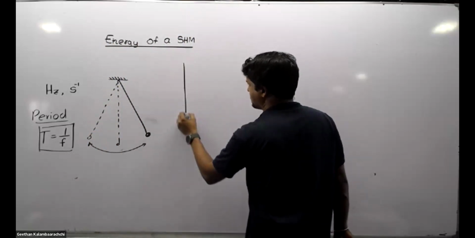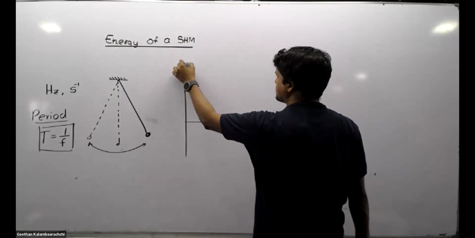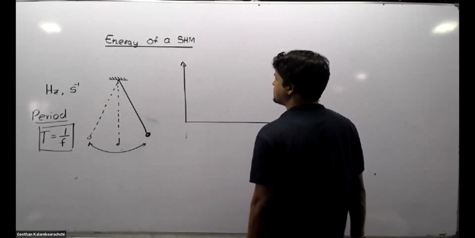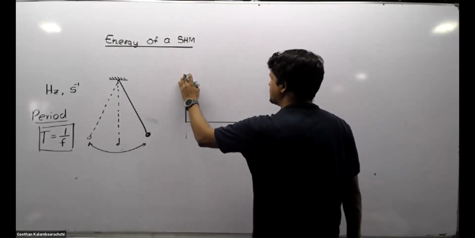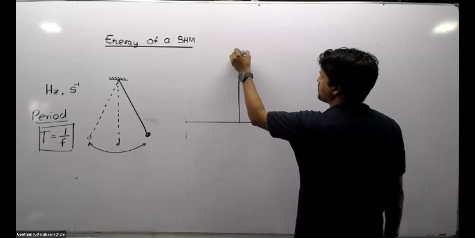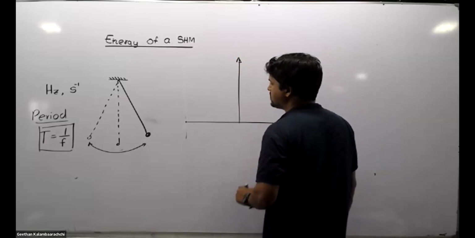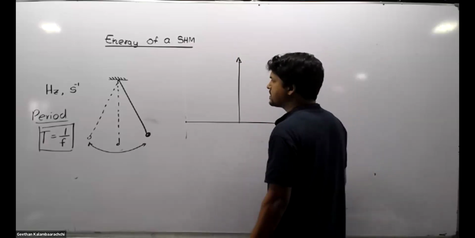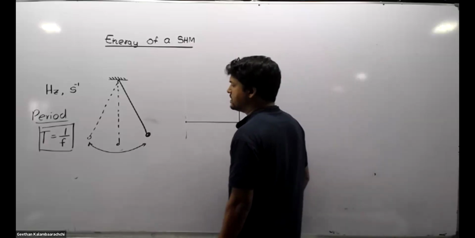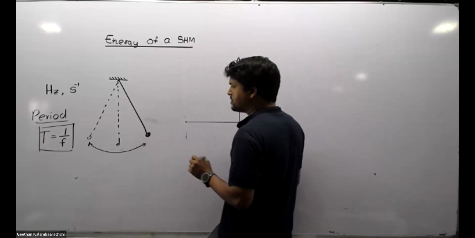Energy of a simple harmonic motion. So it's a mechanical motion. So you have three kinds of energies. One is the total energy, and the other one is the kinetic energy, and the other one is the potential energy, right? So if you take the potential energy, at the end of the amplitude, the potential energy is